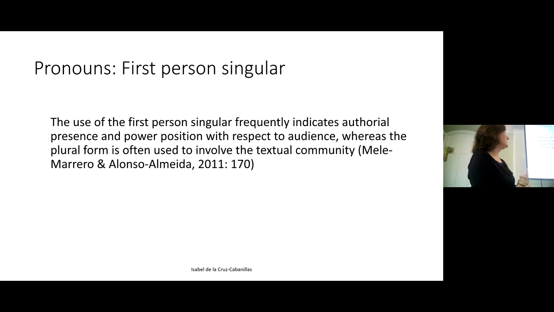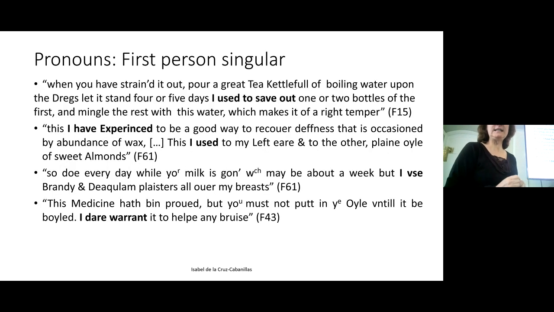This first person singular pronoun usually indicates authorial presence and power position with respect to audience, whereas plural form is often used to involve the textual community. Let's see if this is true, right? According to the data. So here we have first person singular pronoun that is used to introduce experience. So here the author is saying,